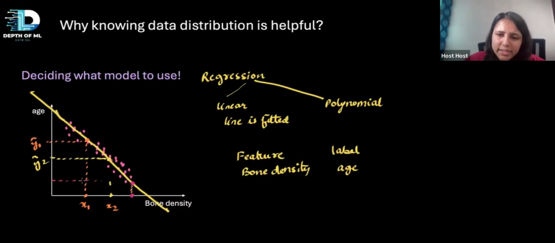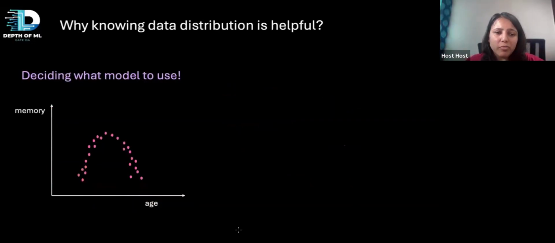You'll see this in linear regression, but just seeing the data, you can actually decide what model to use. You don't even have to go to more complex models like deep learning models and neural networks if your data is this simple. On the other hand, if you have data like this, and you say that I will use a linear predictor for this,